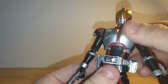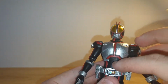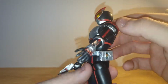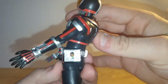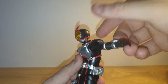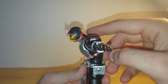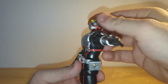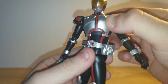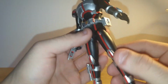The waist, he's got a lot of waist movement. It's separated here and here, and then from the lower waist here. So he can move back quite well, but he really goes forward well. Quite nice and forwards, quite a nice lean. He can look down at his feet. A lot of rotation and tilt as well at angles. It's very nice. Then his legs,